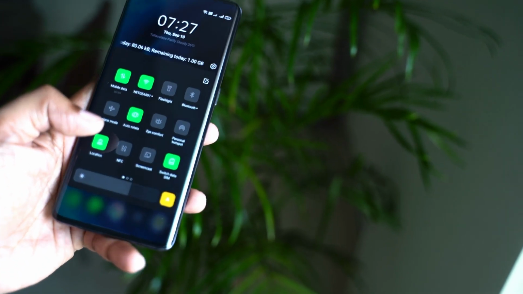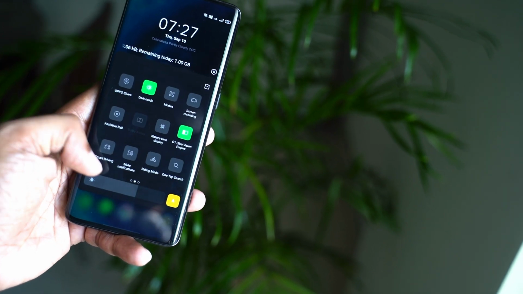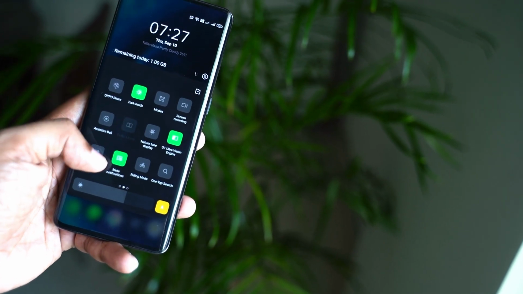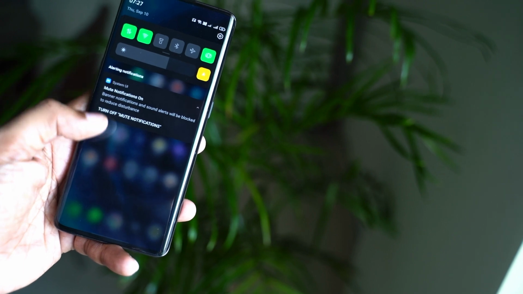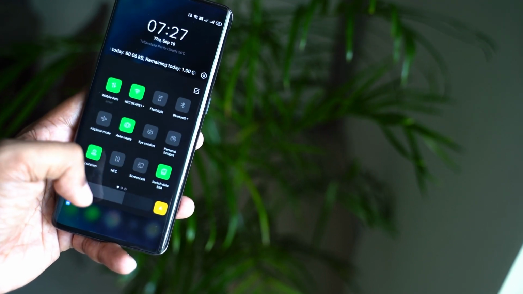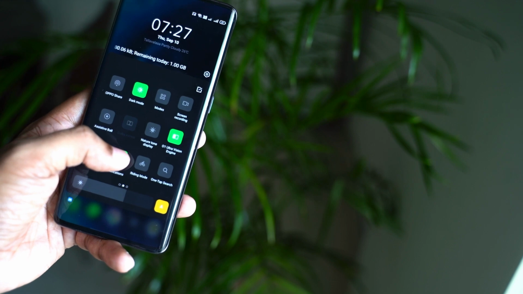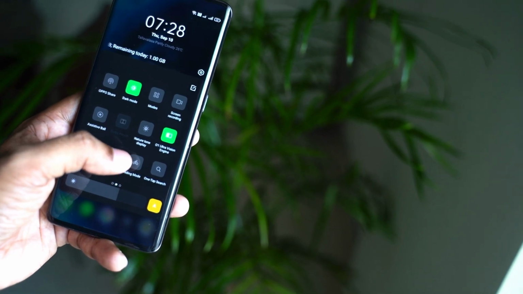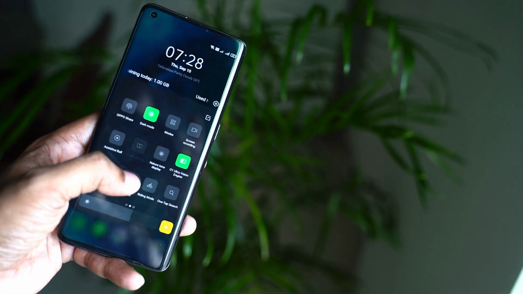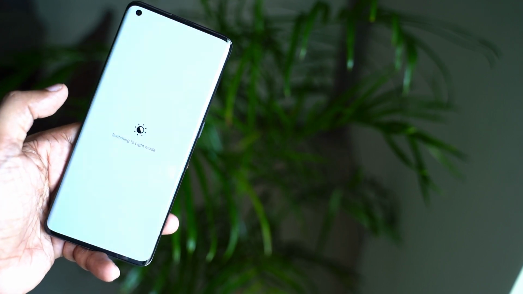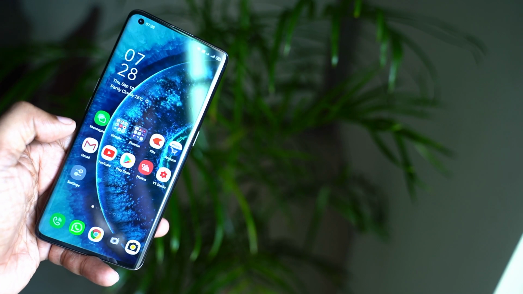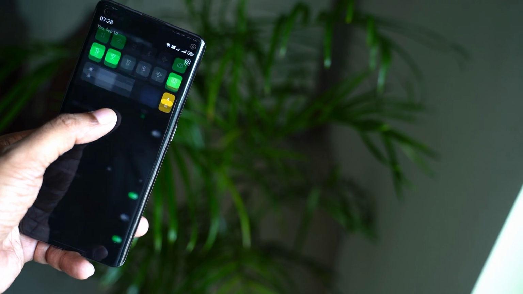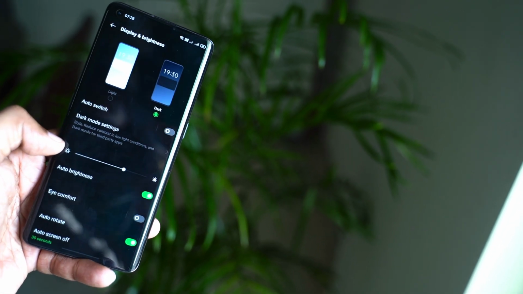So mostly you will not get a notification sound when there is a weather change notification that is coming on your phone. Now one more feature I found in the notification panel is the mute notifications option. Once you click on this mute notification, you will see that there is a system UI notification coming, that is, mute notifications is on, banner notification and sound alerts will be blocked. So this is a handy feature where you can suddenly mute it from the notification panel.